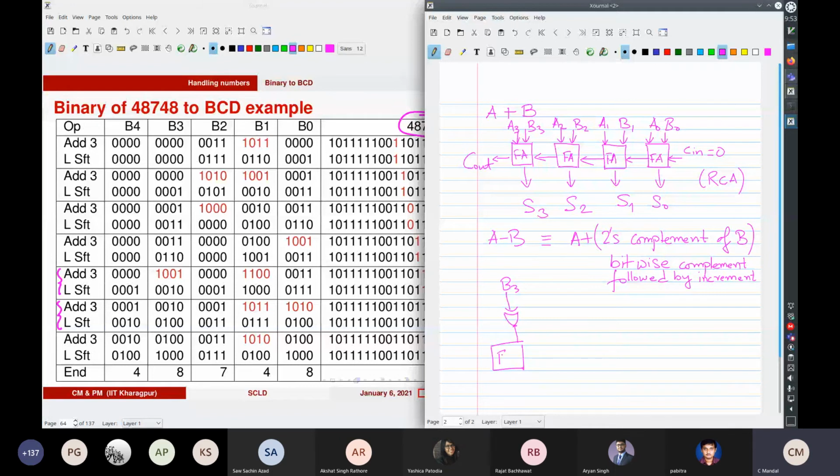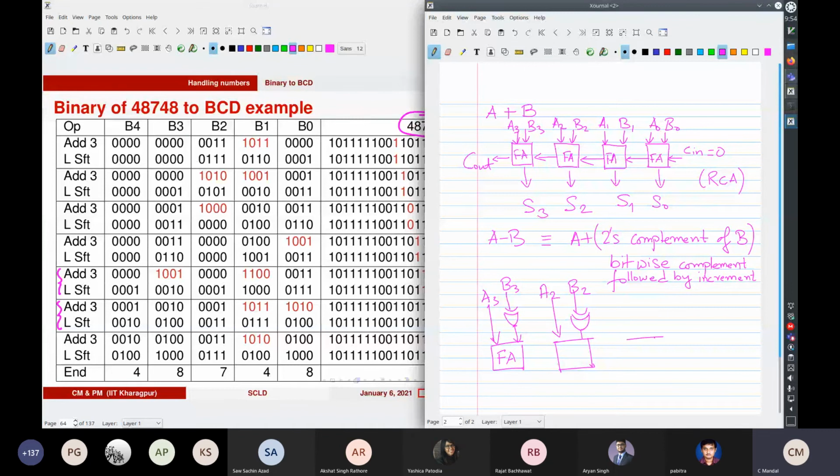And here you have A3. Then you have the next full adder. You have an XOR gate here, and you have say B2, and here you have A2,